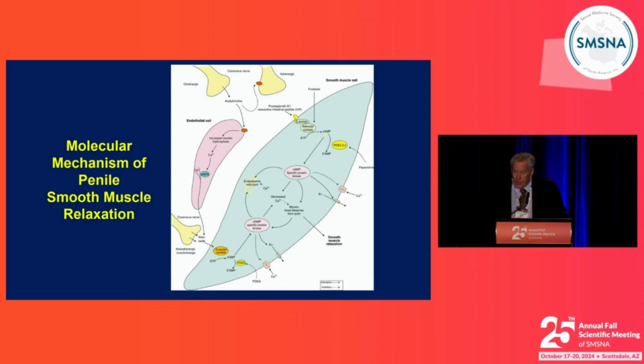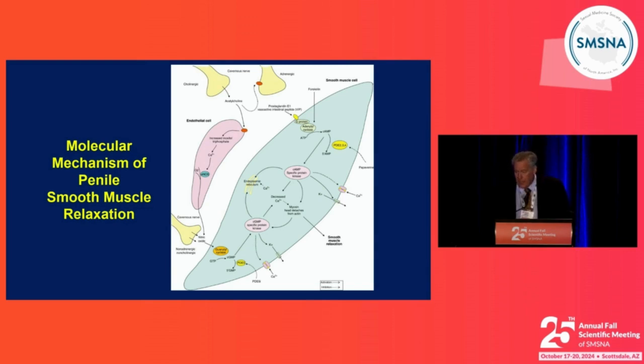If we go a little deeper, we don't have time to go too deep here, but what you can see in this slide is up top you have cholinergic nerves and adrenergic nerves, where cholinergic nerves are releasing acetylcholine, which is going to signal and cause the endothelial cell to activate eNOS and release some nitric oxide. And down the bottom you have the primary nerve, a cavernous nerve, which is going to release nitric oxide. Then the nitric oxide, what we're going to talk about today, activates an enzyme called guanylyl cyclase,